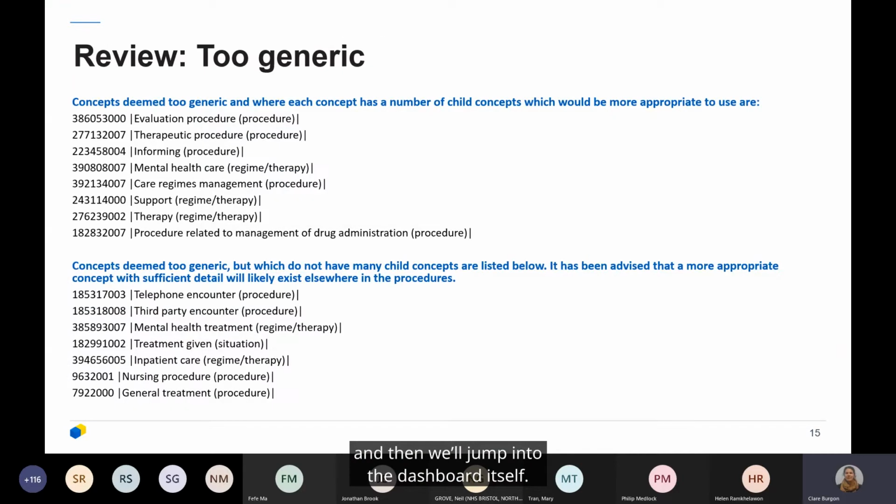the dashboard itself. So these are the ones that are too generic. We've seen that providers are using these, either a lot of providers are using these, or maybe just one or two are using them, but quite extensively. And as I said, we worked with some terminologists who know SNOMED very well, and also the area of mental health.